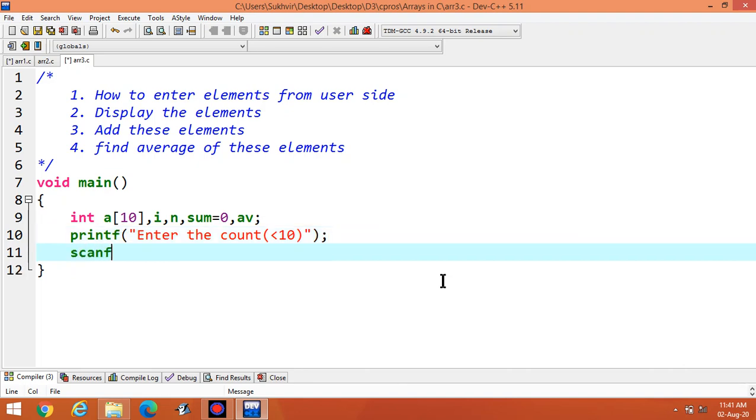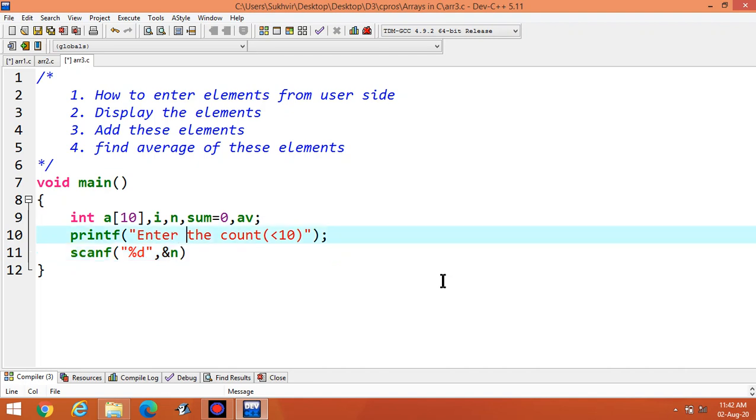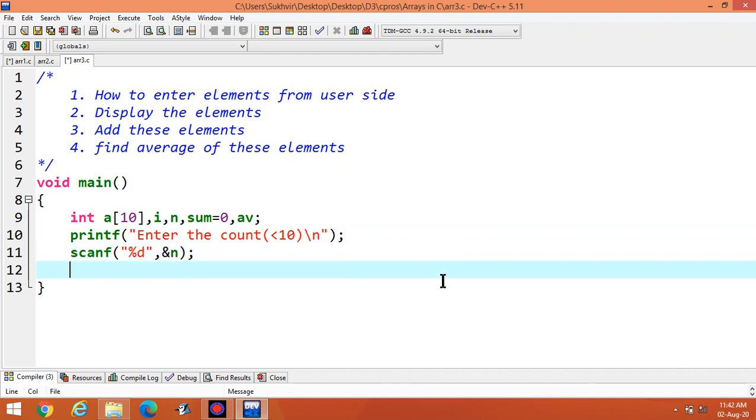Then scanf %d, ampersand n. Then printf, enter %d elements. Suppose I enter 7, it means enter 7 elements.